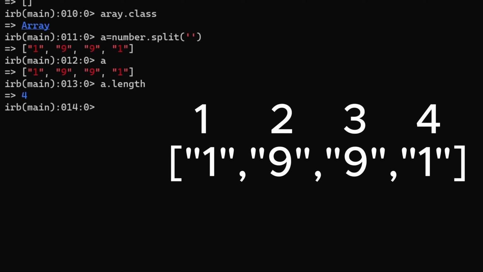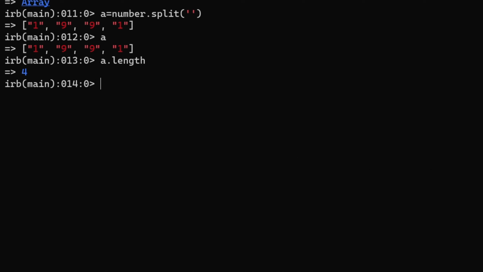Okay, see, 1 2 3 4, there are 4 elements, right? So it got 4. We went through 3 methods, I think: dot to_s, dot split, and dot length. So yeah, again, if you want the string back to integer, b equal to